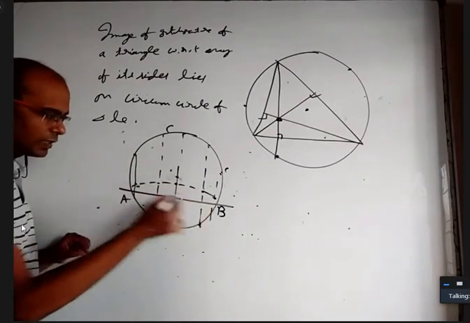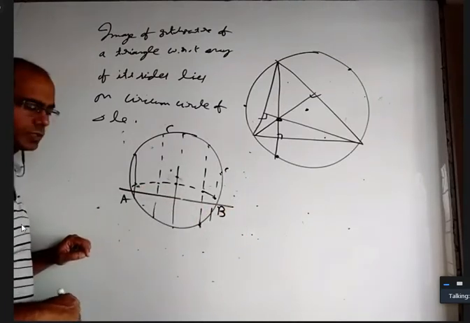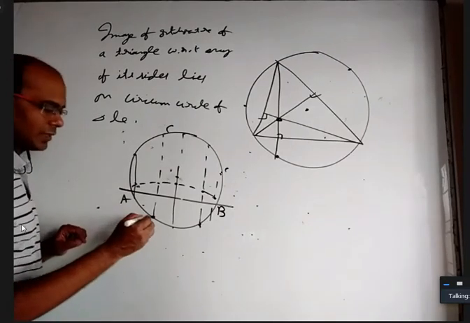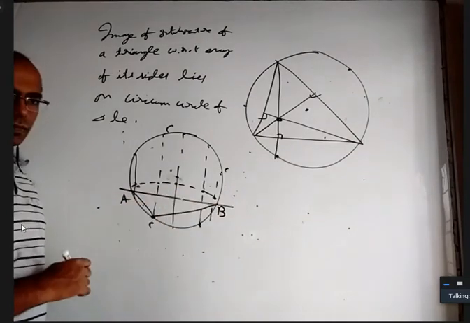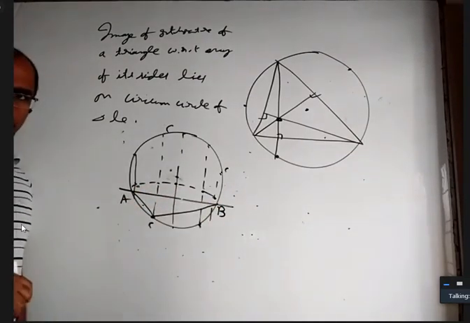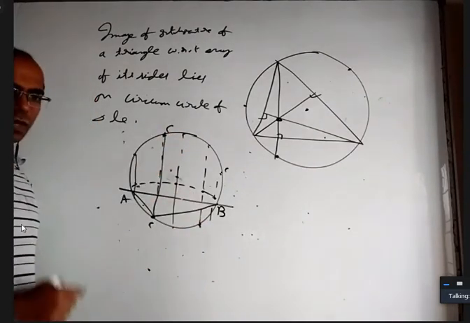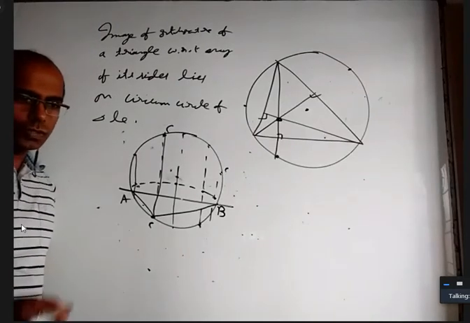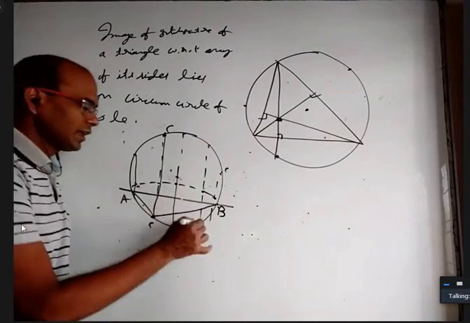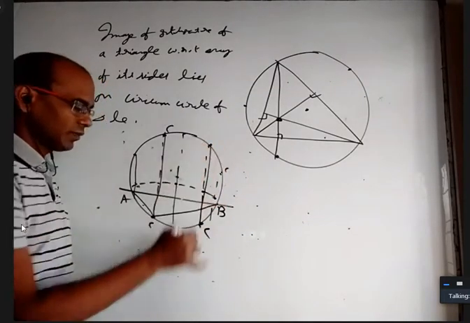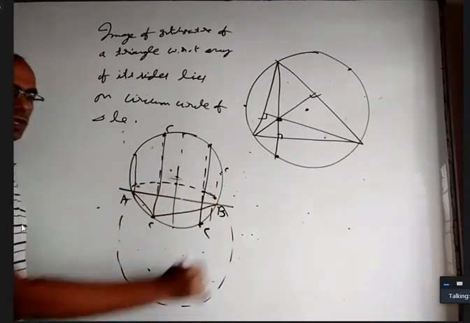Will this part be the image of this part of the circle with respect to the line? Yes, sir. What if I take C here? This is triangle ABC. For this triangle, where is the orthocenter? I have to extend it. It will meet the image of that with respect to this line. That will be here. The orthocenter will be outside, because it is an obtuse angle triangle. If I take C here, I have to take this point and find its image. So all these points, their mirror images will come like this. So I'll get a new circle.